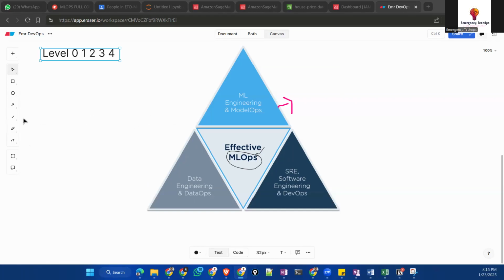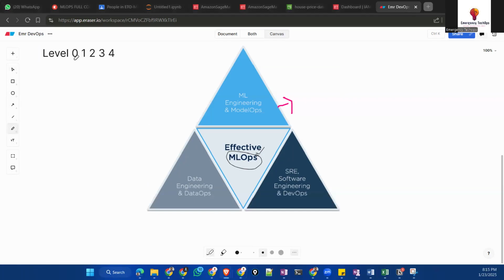What happens at level 0? At level 0, it's completely manual work. Okay. What happens in the manual work? The data science engineer or a business analyst get into discussion, and they will not get involved in the code side or the cloud side.